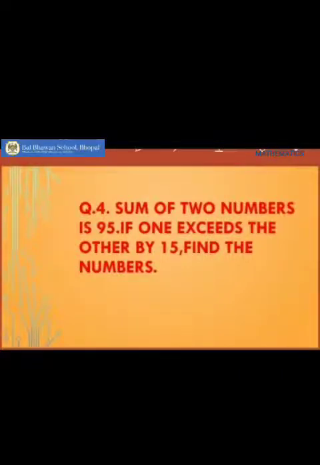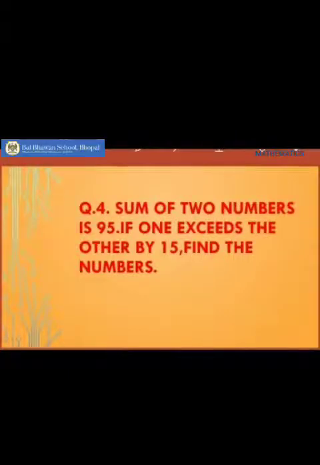In the previous exercise, exercise 2.1, we were given linear equations and we directly solved them and got the solution of the equation. But here, linear equations are not given, but certain conditions are given. We first need to read them. We need to frame a linear equation in one variable, and after that we'll solve it.